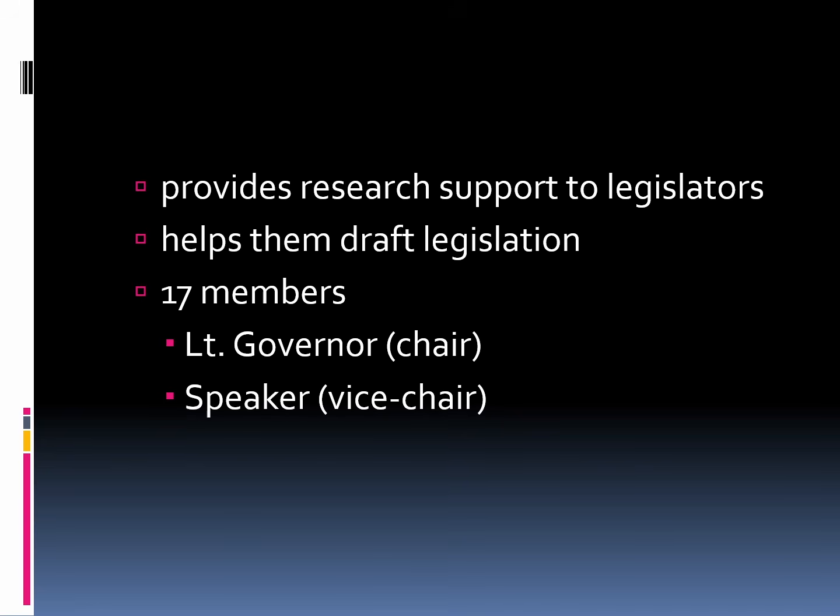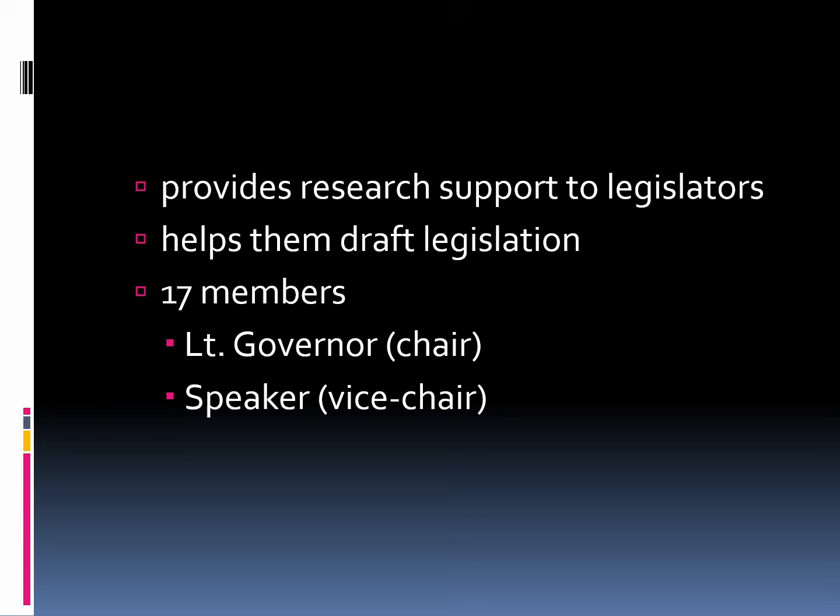It passed without many problems. Then it goes to the governor, and everybody was thinking, okay, this is a good thing. A lot of the larger cities already have this. It's a good thing that it's out on the stretches of highway as well. Well, guess what? Rick Perry, who was governor at the time, vetoed it. His rationale was that he felt it was too much of an invasion of a person's privacy.